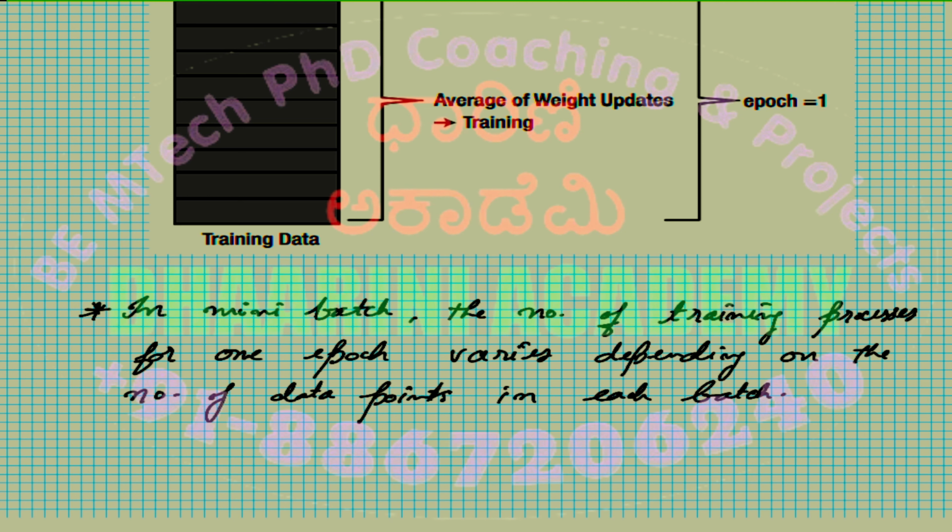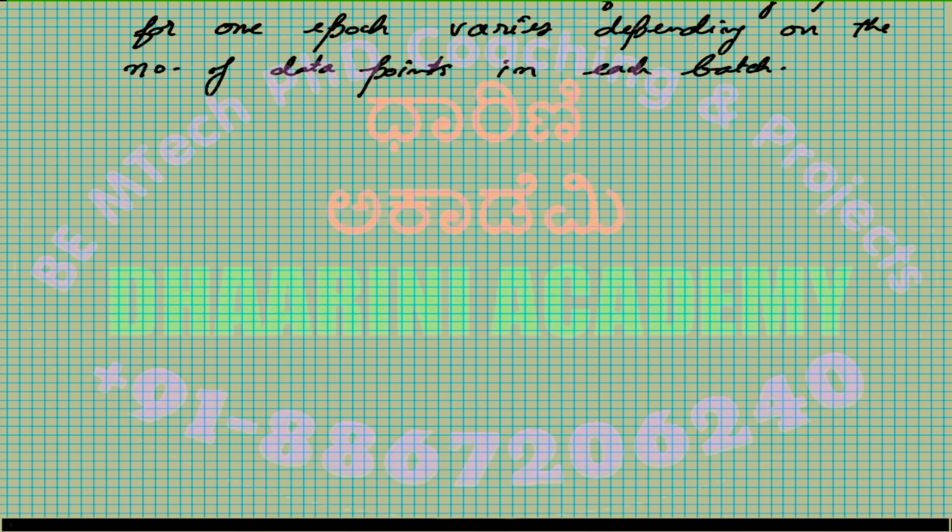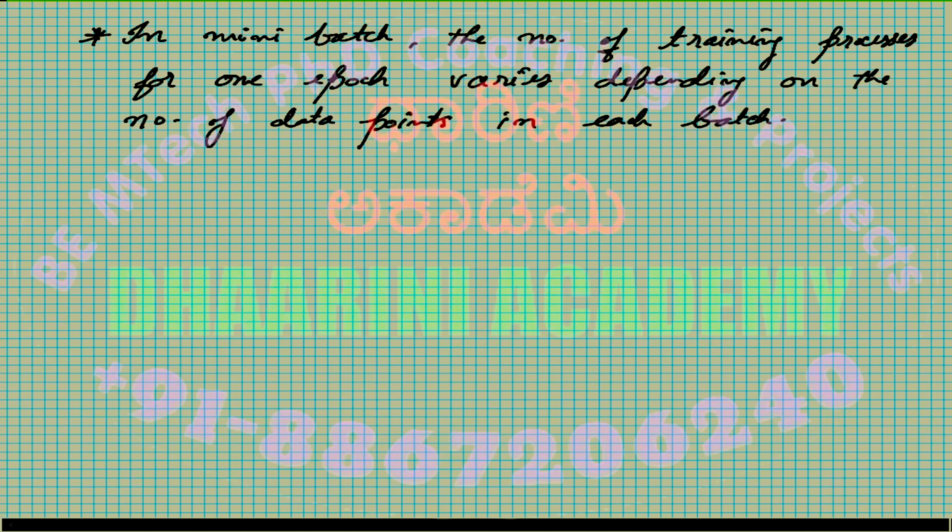So the number of training processes per epoch is greater than 1, which corresponds to the batch method, and definitely smaller than n, which corresponds to SGD. SGD updates the weight n times in an epoch, whereas